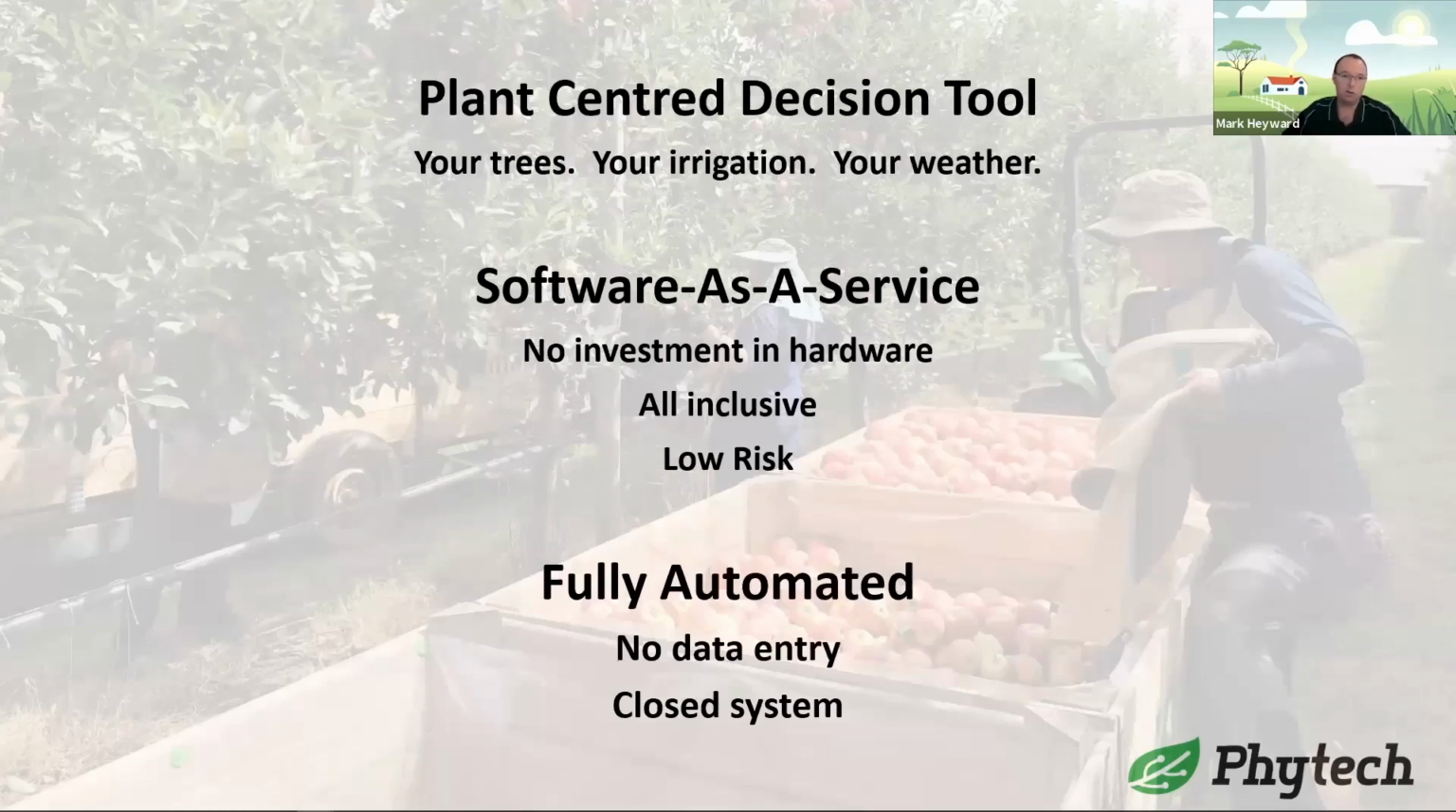All of those sensors that we showed you and the data loggers, which we didn't show you, but are there collecting the data from the sensors, all of that hardware is owned by Phytech. We don't ask you to buy any of it. We retain ownership of all the hardware we install in your orchard operation, so that if anything happens to us, or you change your mind, or you decide that you want to go in a different direction, you haven't wasted